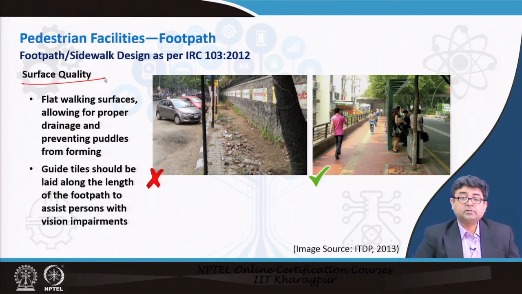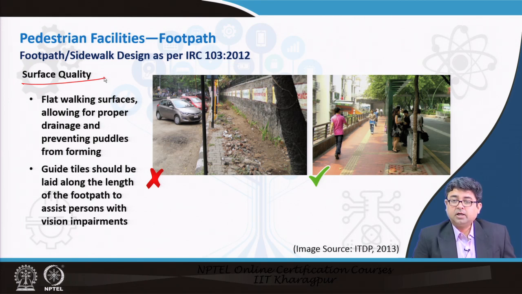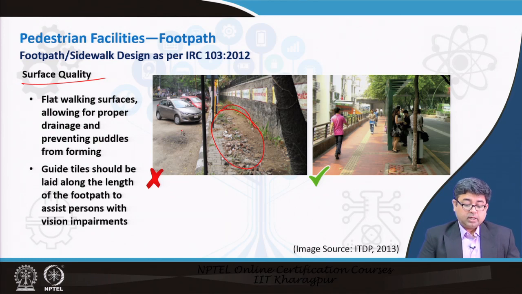Next comes the surface quality, right. This is often our pet peeve when we are looking at different types of pedestrian infrastructure in our urban areas. Many a times we find such a facility which is extremely unusable for pedestrians. It is always recommended that while you are designing for pedestrian facilities, remember NMT users, you have to provide for universal accessibility. So, you have to take into account the specially abled as well as children and elderly people.